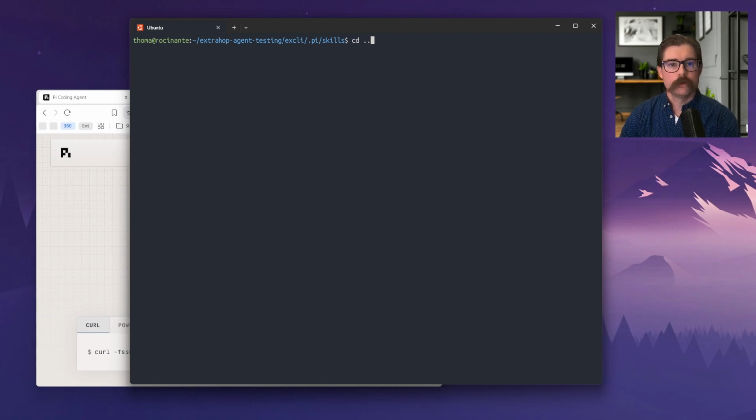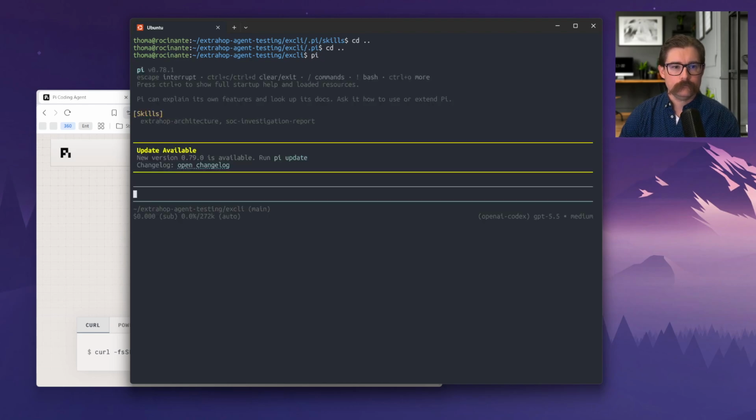Okay, so we are going to go back a couple of levels, and we are now just sitting in this ExtraHop CLI directory where I have available to do testing, and I'm going to invoke the Pi agent. Perfect. So from here, we can now ask it to perform an investigation in a particular environment for a particular